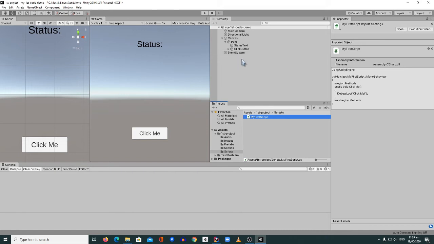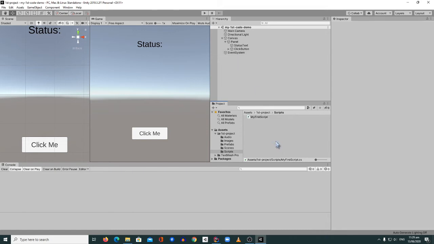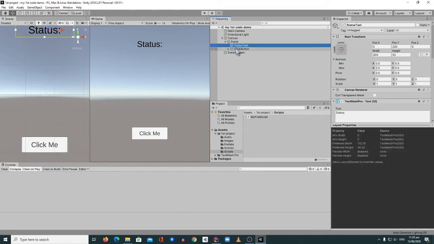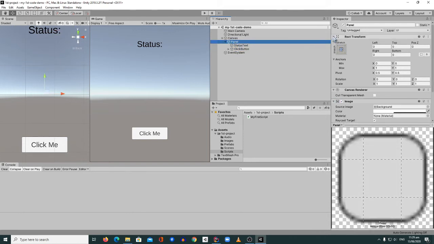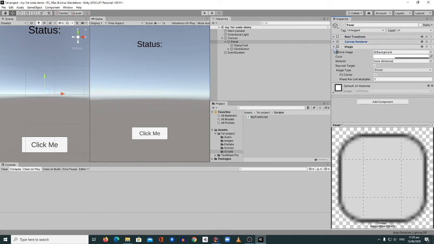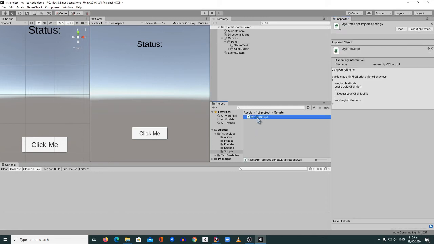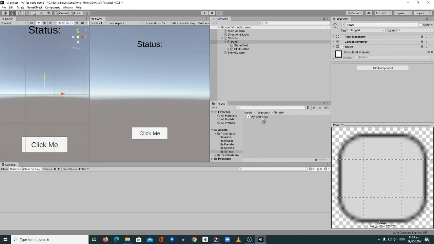So in order for us to integrate the script, we need to click the canvas panel or any object that we want. But for me, I think the best way to put this code is inside the panel, which holds our text and the button. So panel, we can minimize some components here so that we'll have a clear view. You can now select our script, and then we can drag it like that,